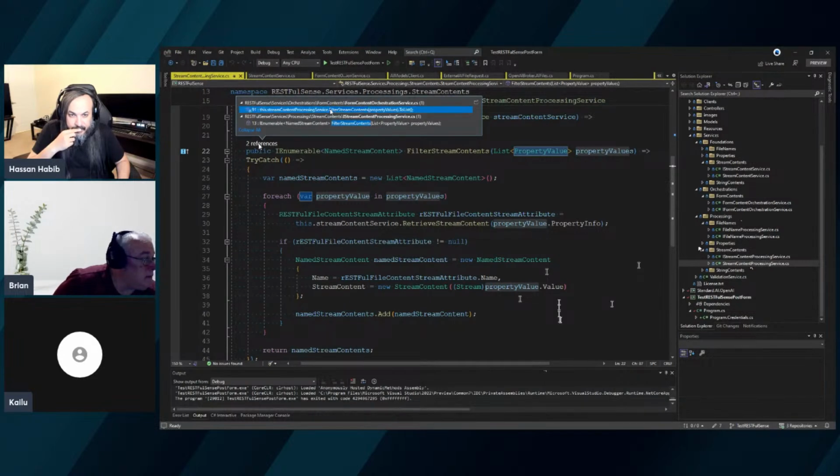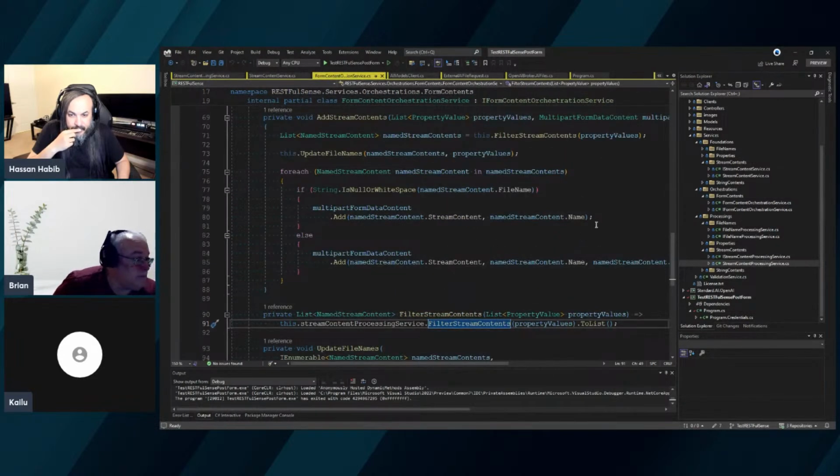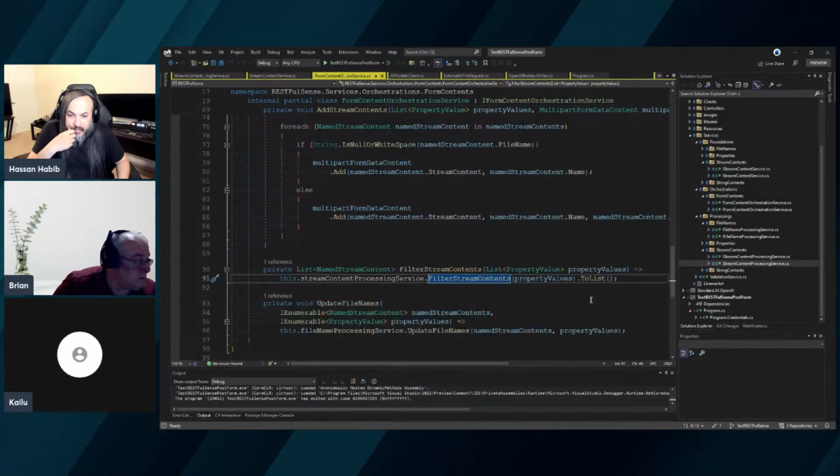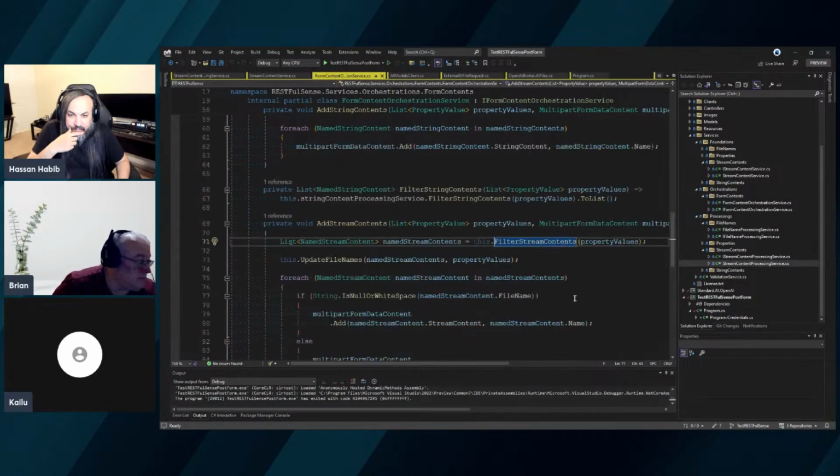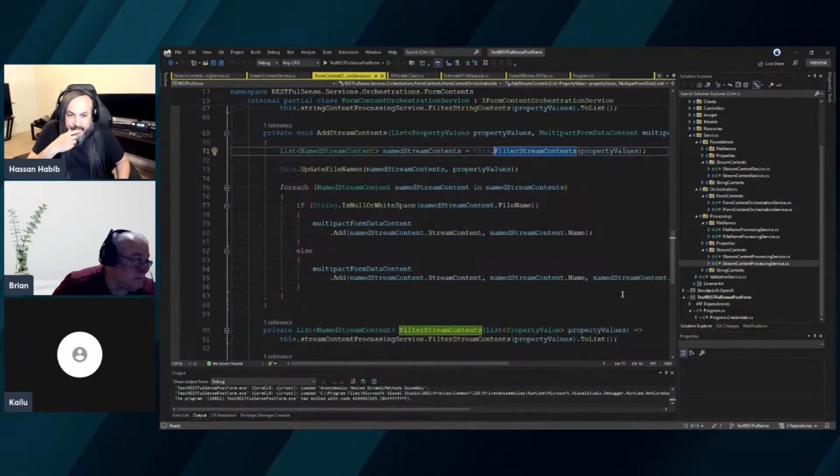Yeah, that guy. So what is this guy doing? It basically took, okay, so there's this method, and now where's this method being called? Filter stream contents. So at this stage, I have a list of all the stream contents that I'm going to be trying to put into the form. Yeah, what is this filter stream contents? What does this